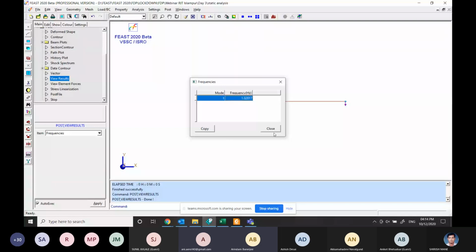Yes, and also this beam has almost 6 degrees of freedom. We have arrested only one side. On the other side, we have some degrees of freedom available. So the mass we have added only in that particular direction, so that it will not give the frequency in the rest of the directions. So you can see only one frequency we have got.